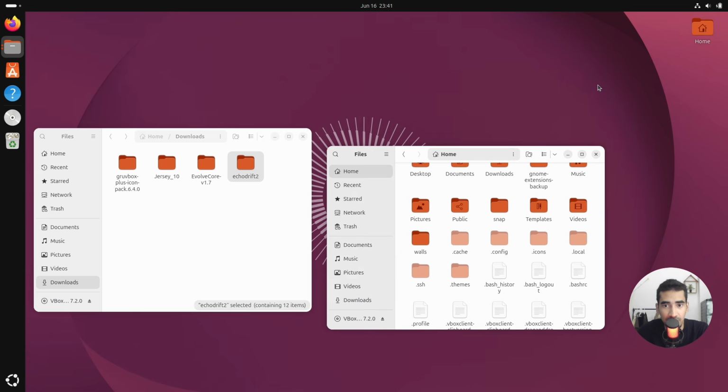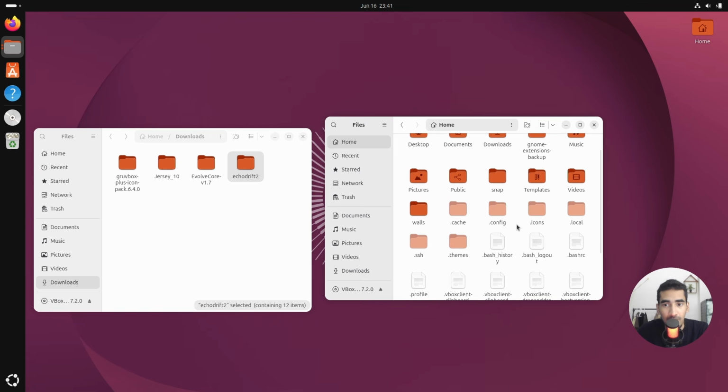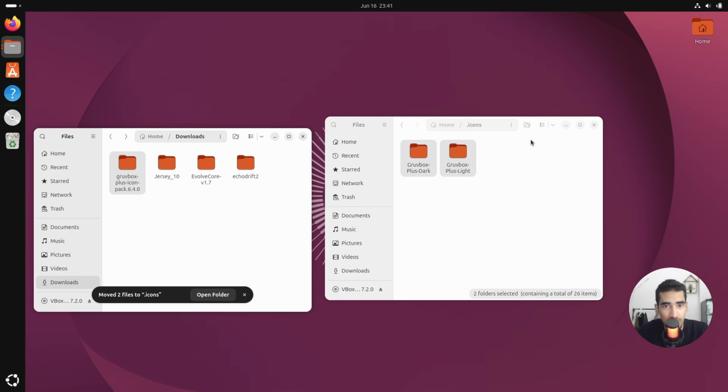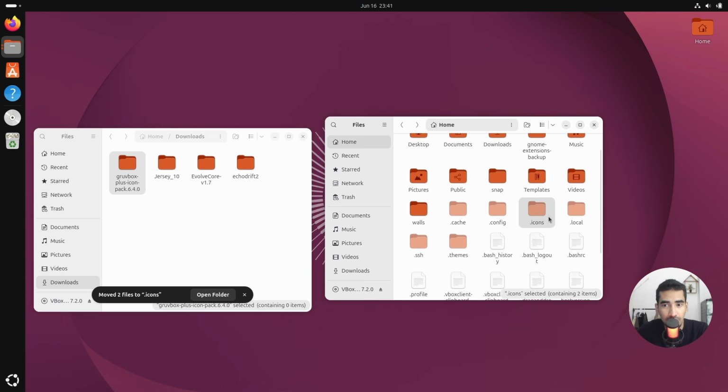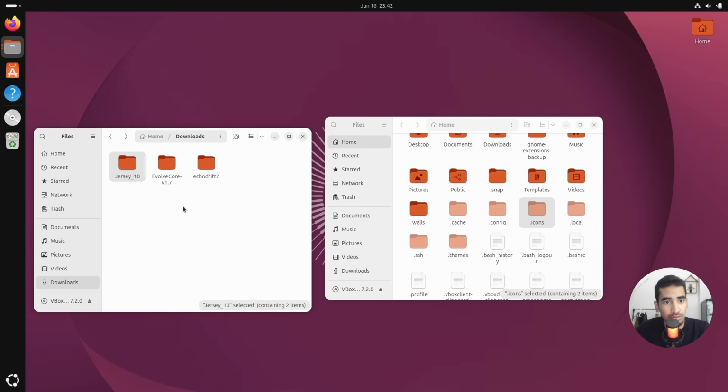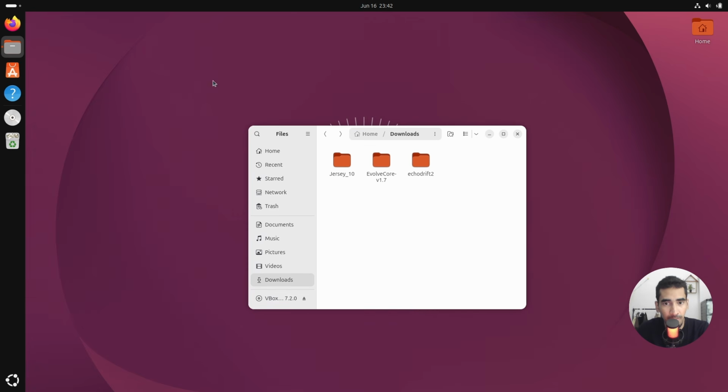Okay, the second script is done as well. Now let's do the same for .icons. Go to home, then go to .icons, and do the same for the icon pack. Just drag and drop these two folders inside .icons, and then let's install the font quickly. Click on install, wait till it shows installed, and once I'm done with that as well,